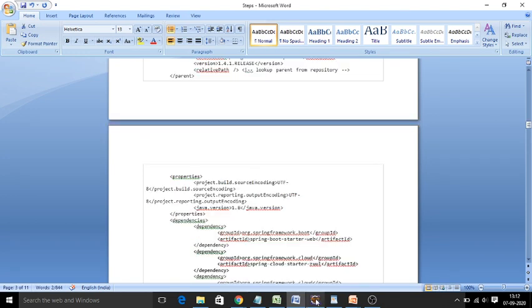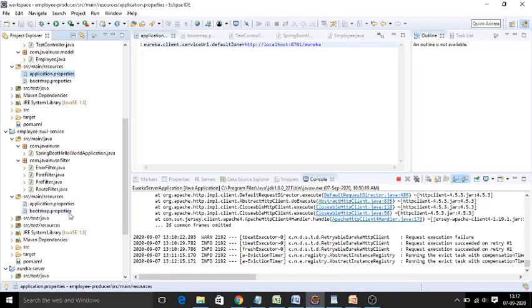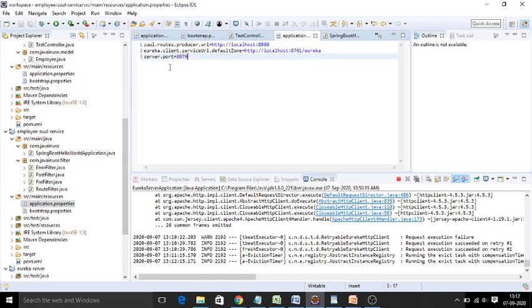Then we need to configure the routes. This is very important here. We need to configure the number of services you have, and the number of routing paths you need. The first routing path you are going to create is on the default port number 8080, and the URL you are configuring is producer.